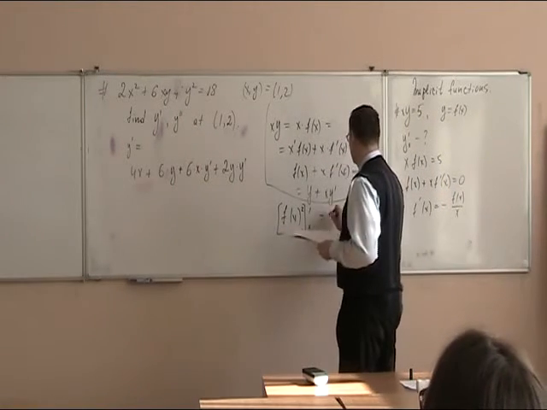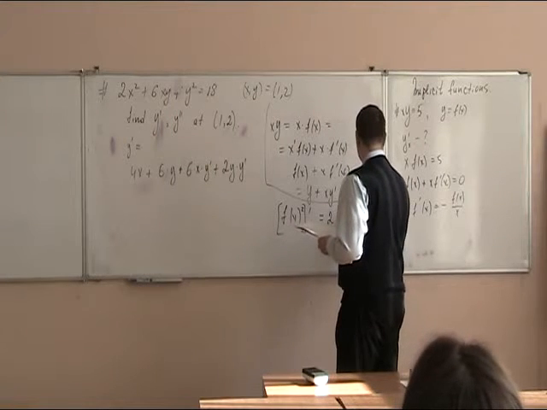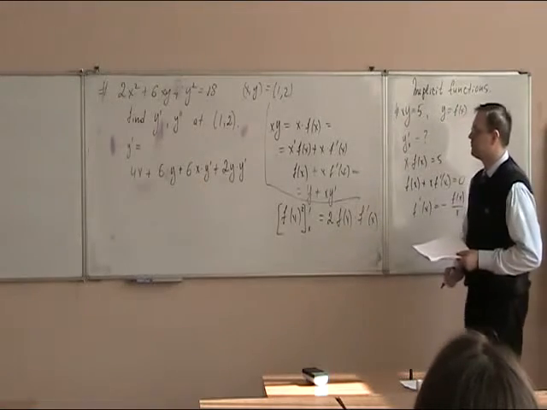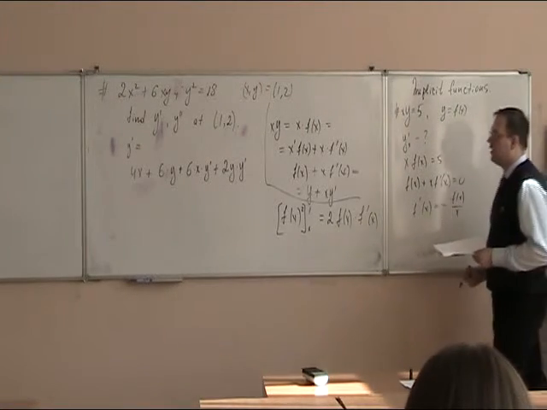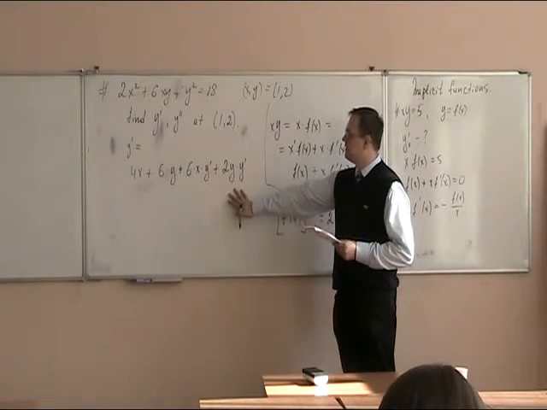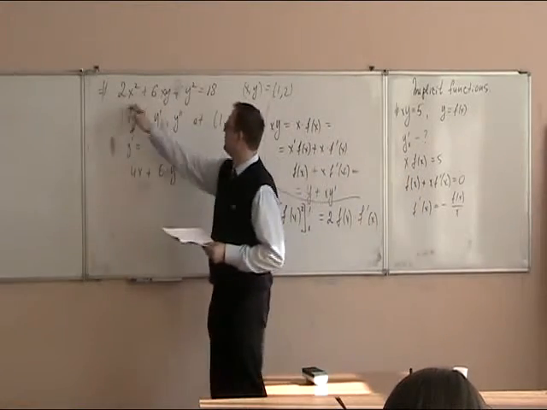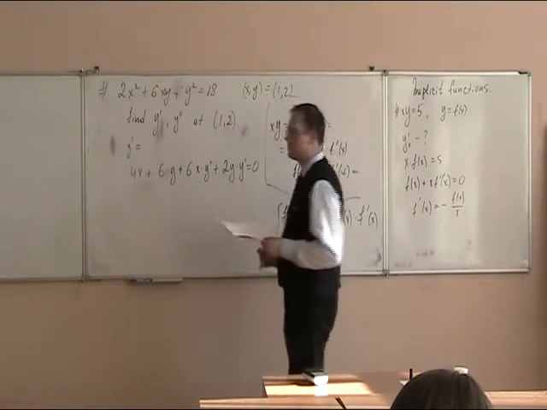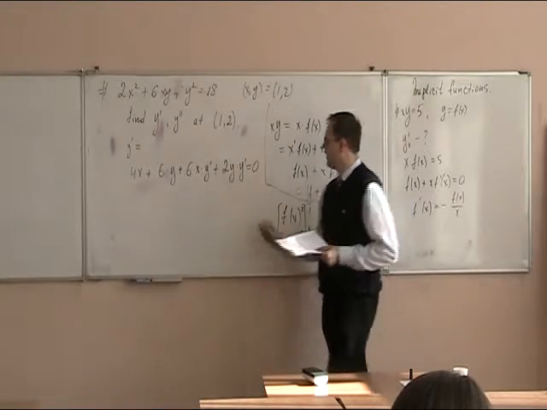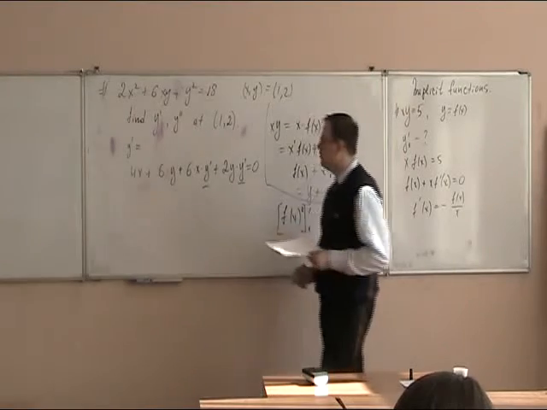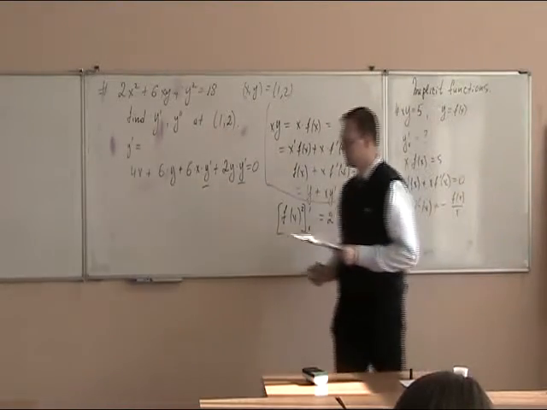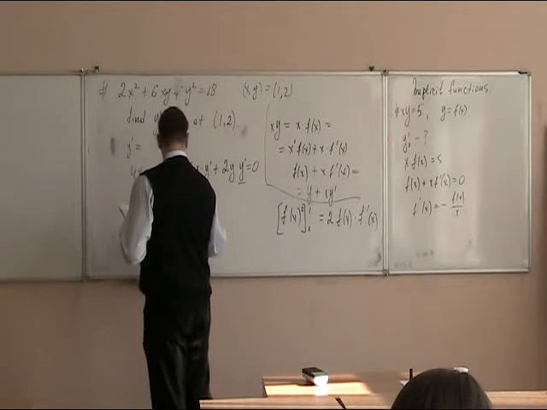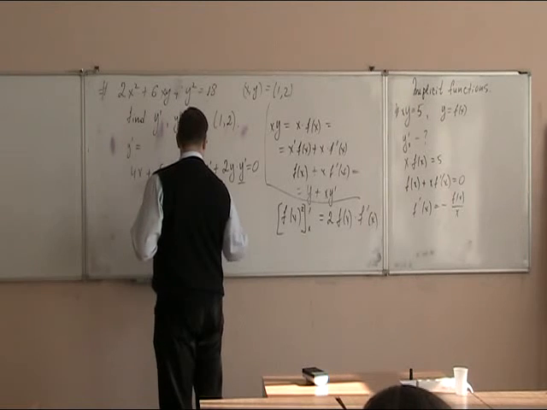So this is basically 2f of x times f prime of x. So this is the left-hand side differentiated. 18 differentiated with respect to x gives us just 0. Now we have an equation around y prime. We just collect the terms, and as a result we get something like minus 2x plus 3y over